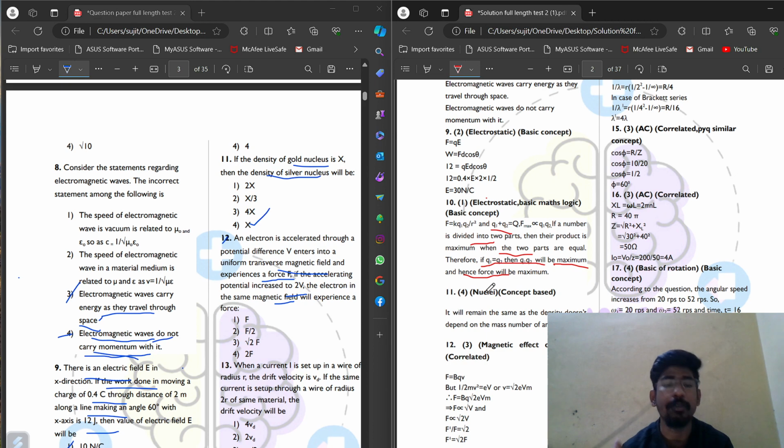It is given by the formula F equals QvB, where q is the charge, v is the velocity of the electron, and B is the magnetic field. If a certain amount of charge is moving through a certain magnetic field, it will have a certain amount of kinetic energy. Here you can see that this is the kinetic energy, and this is the amount of